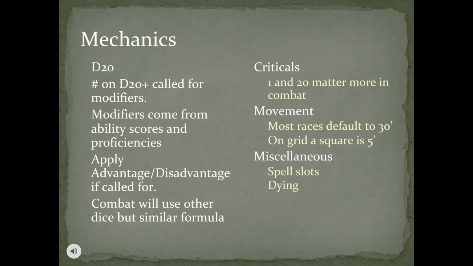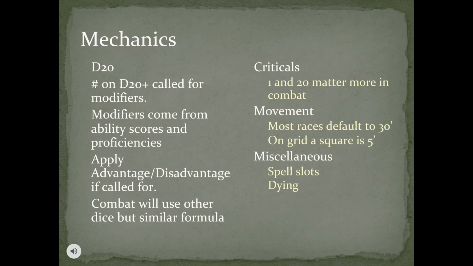To hit, it's almost identical to this. It uses your weapon proficiency plus your strength or dex mod. But damage, once you hit your target, will use a different die than the d20, but will still roll the die and add any applicable modifiers like strength or spell proficiencies, if you have anything like that.